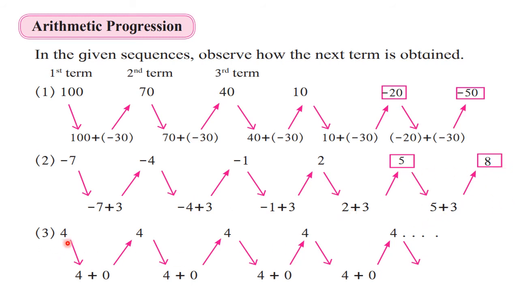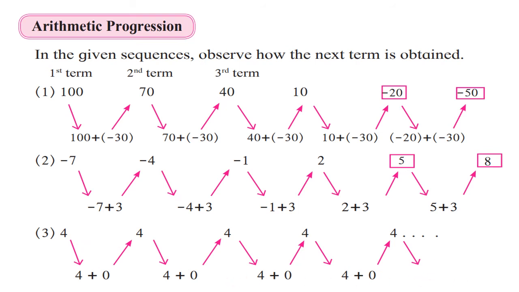Now here again we have the constant sequence where all the terms are same, 4, 4, 4 and so on. So previously also we have discussed this, that here 0 is added, or the difference between the two terms is 0. Here we can say that the difference between the two terms is minus 30. Here the difference is plus 3. Here the difference is 0. Okay. So here if we try to find out the next terms, you know that the next terms are going to be 4, 4, 4 and 4 only. Okay. Everywhere the terms are going to be same because 0 is added.